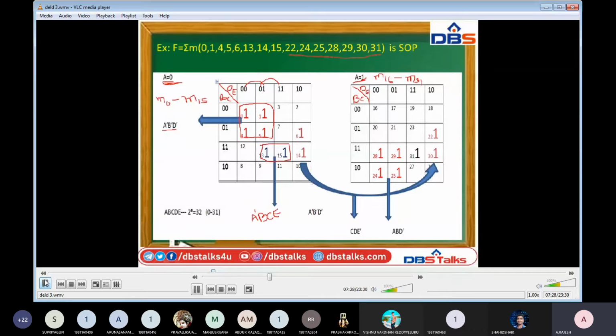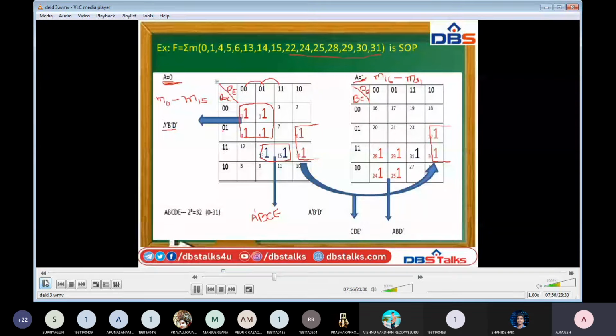Okay. So coming to this one, we can group these two and these two as a quad, 4 గా తీసుకుంటామండి. So by taking these two things, A is varying from 0 to 1. A 0 నుంచి 1కి మారుతుంది. ఈ first group లో A equals 0 and in this group A is equals to 1. Therefore A will be neglected, and see these two things.